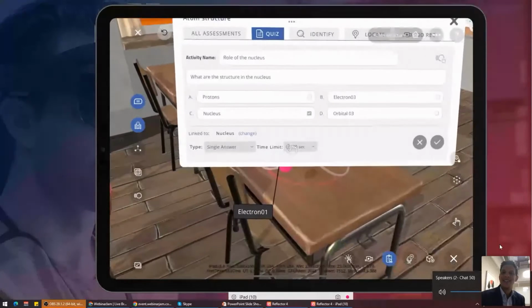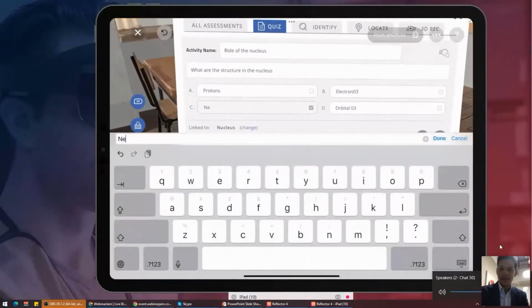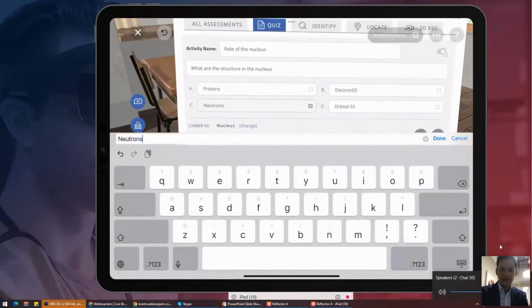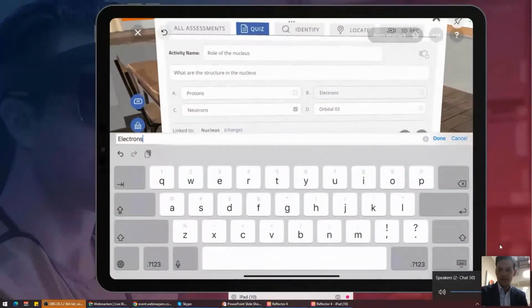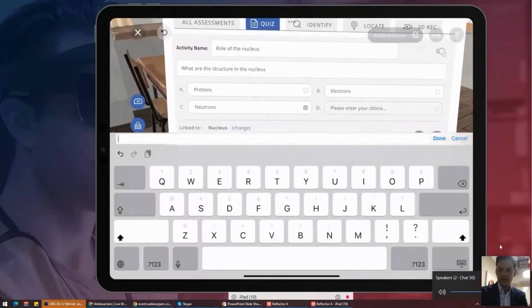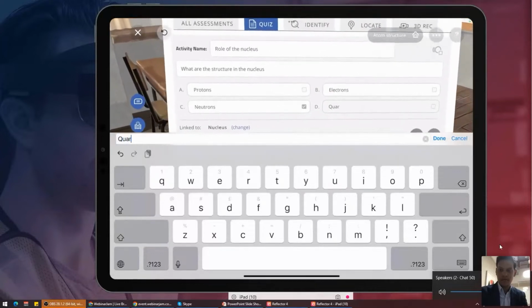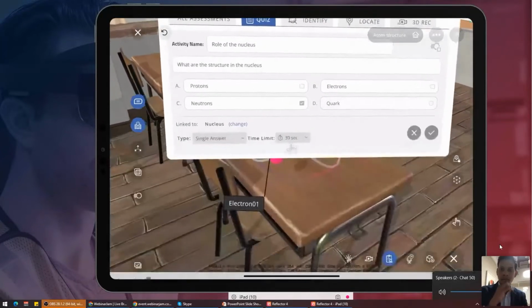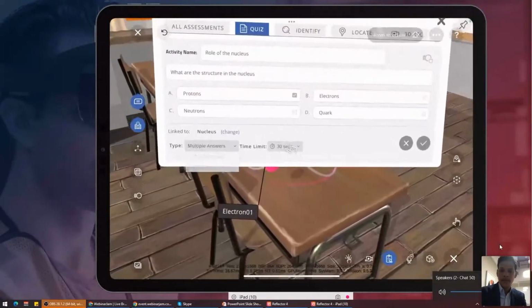Atoms, neutrons, electrons, or maybe we'll give the quark name here. I'm not a physicist per se, but let's say I'm going to be more traditional